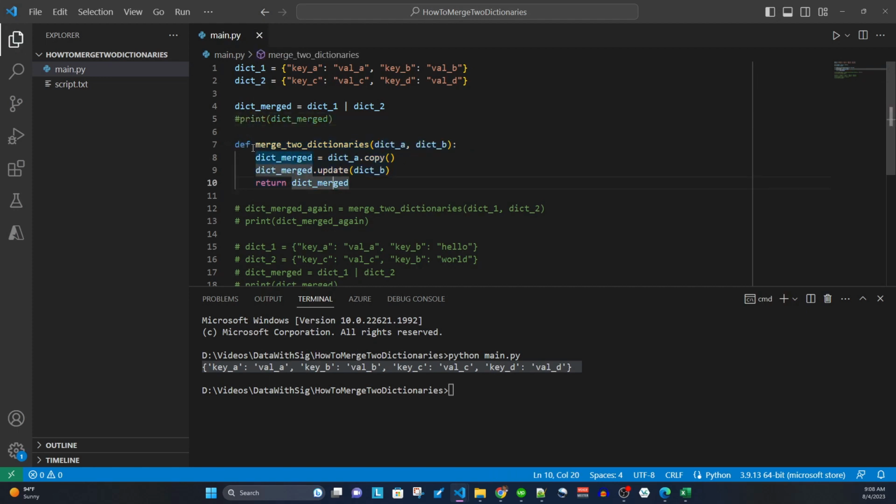So I define a function here called merge two dictionaries, and it takes in dict A and dict B. And first thing it does is it creates a new var called dict merged. That's a copy of dict A, and then it's going to perform an update with dict B, and all the keys from dict B are going to be either updated or inserted into dict merged, and I'll get a little bit more detailed about what those two things mean in a sec, but for now